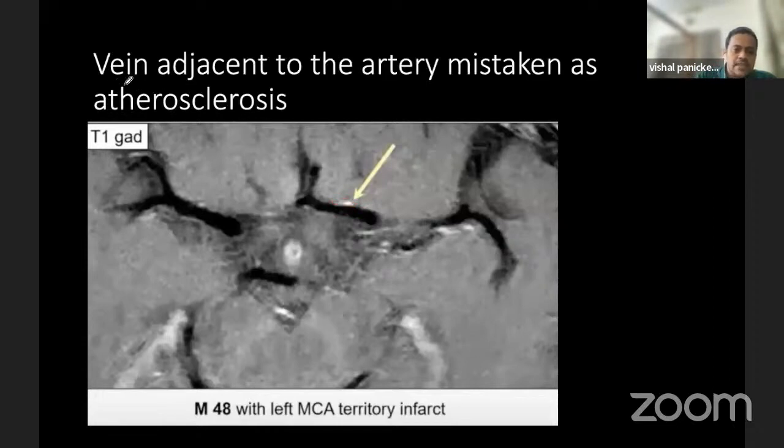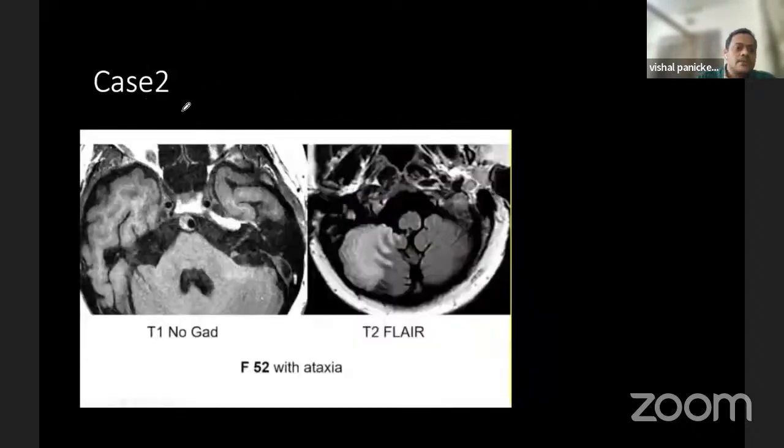Actually, it is a vein adjacent to the artery, mistaken as atherosclerosis. So we need multiple plane imaging and characterization of the vessel wall to make the correct diagnosis. This is the second case,